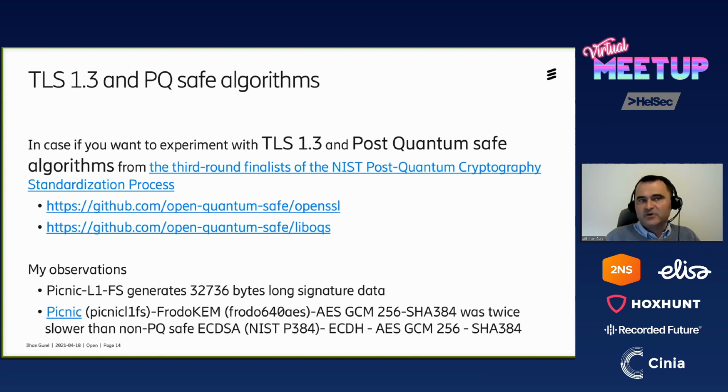So it is possible to use TLS 1.3 by using some of those post-quantum safe algorithms. At least on my side, I did try it with the Picnic and FrodoKEM algorithms. One of the things I noticed is that the purpose of trying it out was to see the signature sizes and key sizes. But in addition, I wanted to see how much performance difference there would be compared to non-post-quantum safe algorithms, like ECDSA, ECDHE,